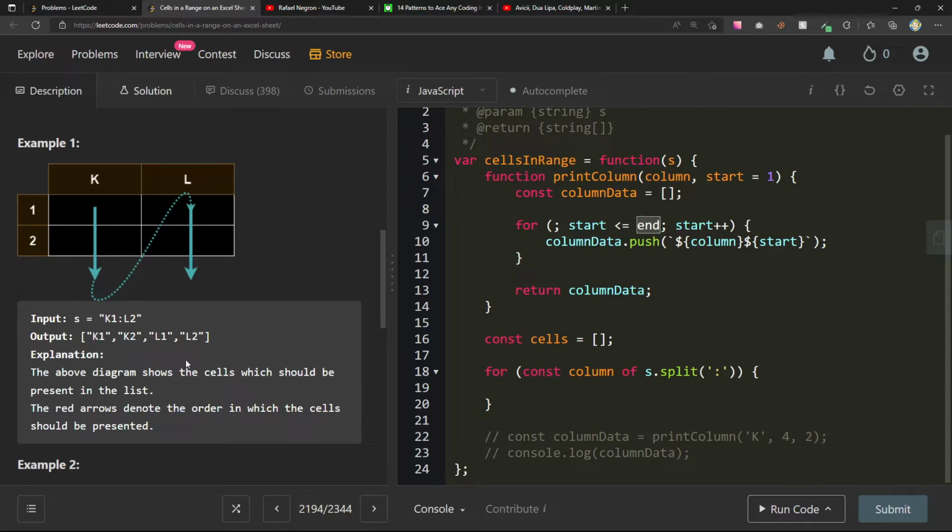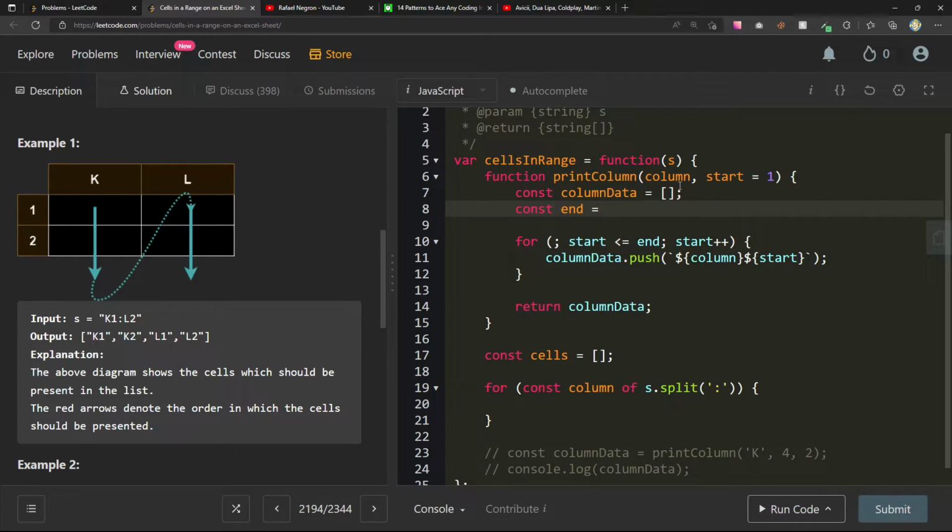And then start less than or equal to, what if we do const end equals parse int of s at s dot length minus 1. I'll pass in a radix. And then my start, should it always be 1? Maybe it will only start at a different value for the first one here. I guess I can just run this thing twice. I don't really even need to. Yeah, I think